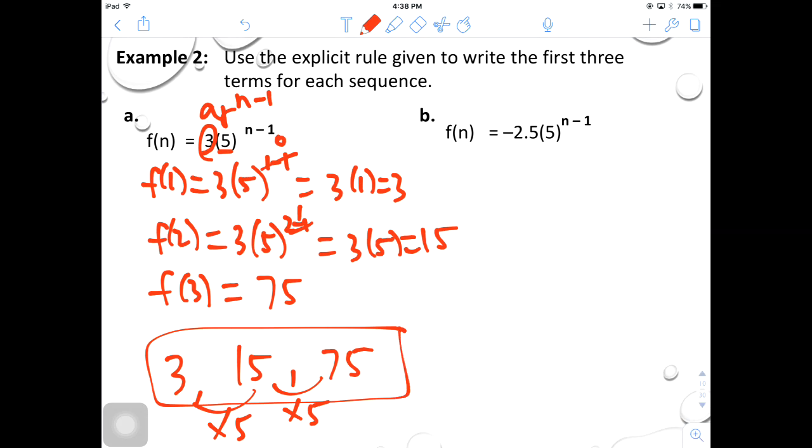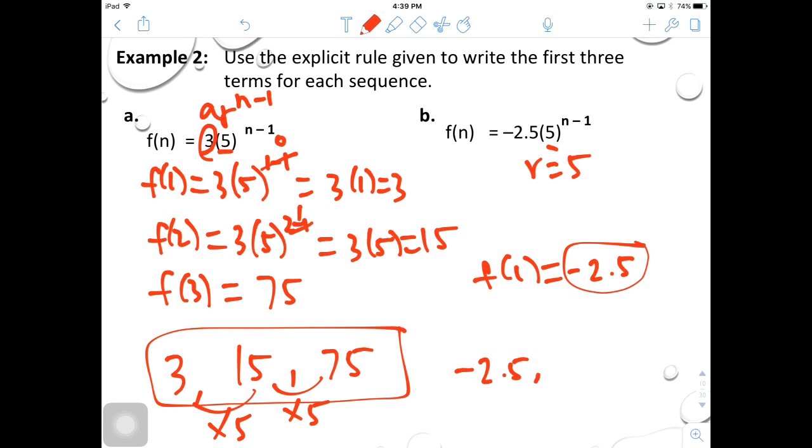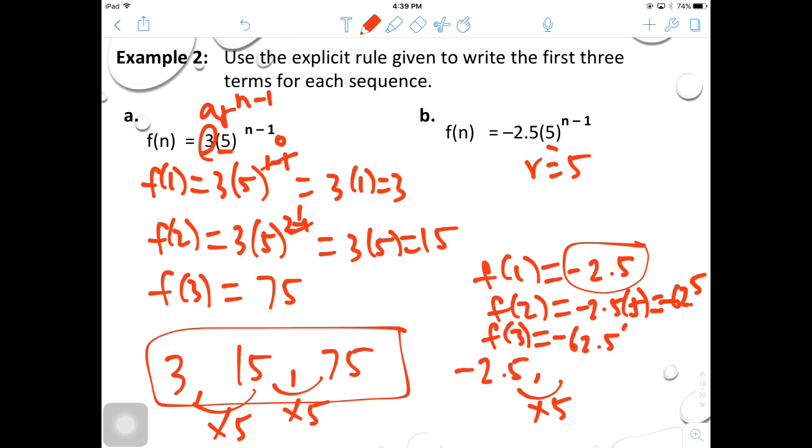So if I use the same pattern, I can say that R is equal to 5 again here. So I can just go f of 1 is negative 2.5 times 5 to the 1 minus 1, which is 0. So that's going to be just negative 2.5. If I start with negative 2.5 here, and I know the common ratio is 5, I can multiply by 5. So f of 2 is going to be negative 2.5 times 5, which is negative 12.5. And then f of 3 is going to be negative 12.5 times 5, which will give